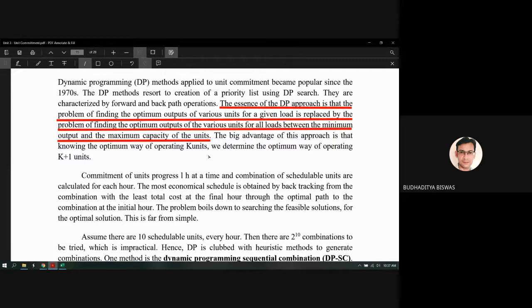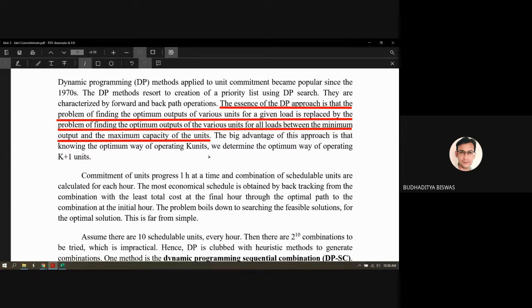Suppose the load demand is varying from 10 megawatt to 100 megawatt throughout the day. That means we are going to find the solution for generating 10 megawatt to 100 megawatt using the defined unit commitment. That is the advantage of dynamic programming: if the load demand changes to another value, obviously within the range 10 to 100 megawatt, we don't need to do any separate programming for that. We have a complete list once we run the dynamic programming method. So from the list, we can easily see that if the load demand changes to a new value, which units should commit in that situation. This is the advantage of dynamic programming over the other methods.